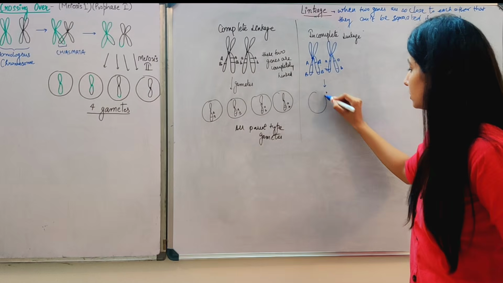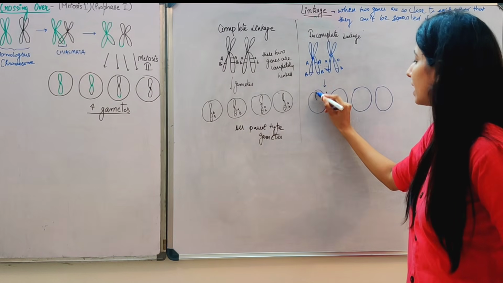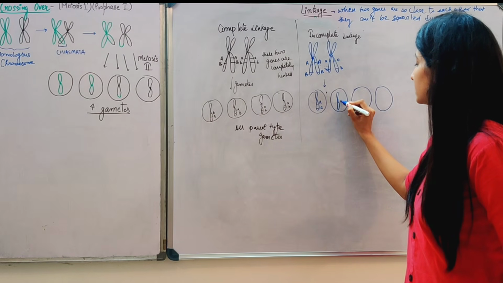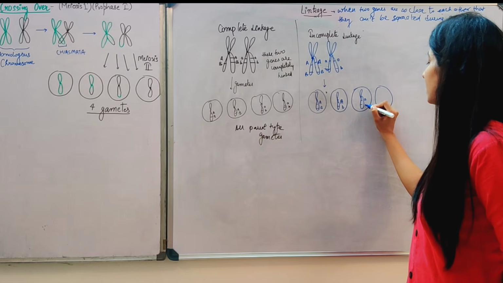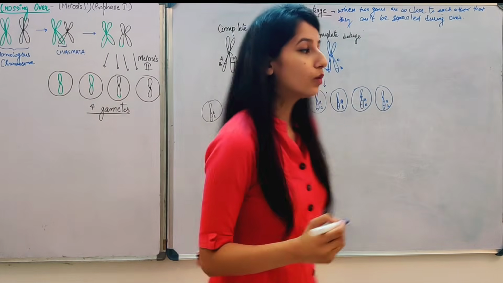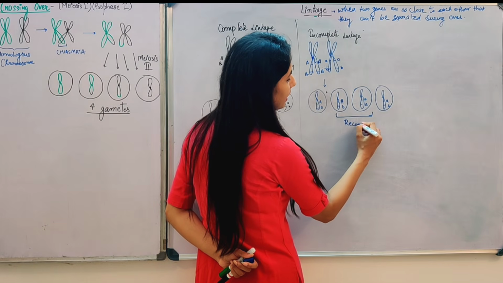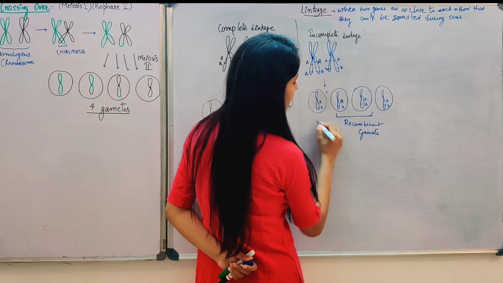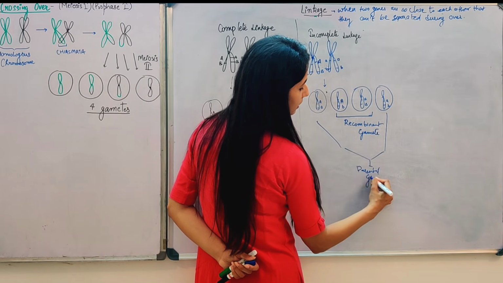they will get separated. So now when the gametes are formed, all gametes will not be parent-like. These will be different. This one is similar. This one is capital A but small b. This one is small a but capital B, and this one is similar, small a, small b. So now what happened is that these two are recombinant gametes, while this one and this one, these two are parental gametes.